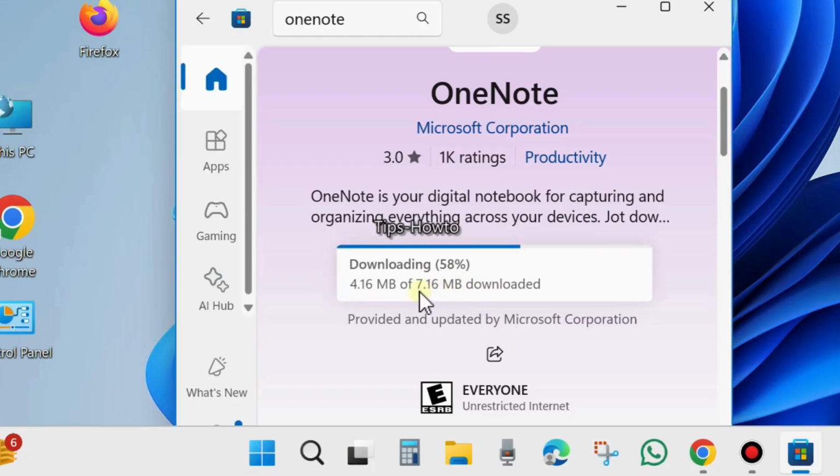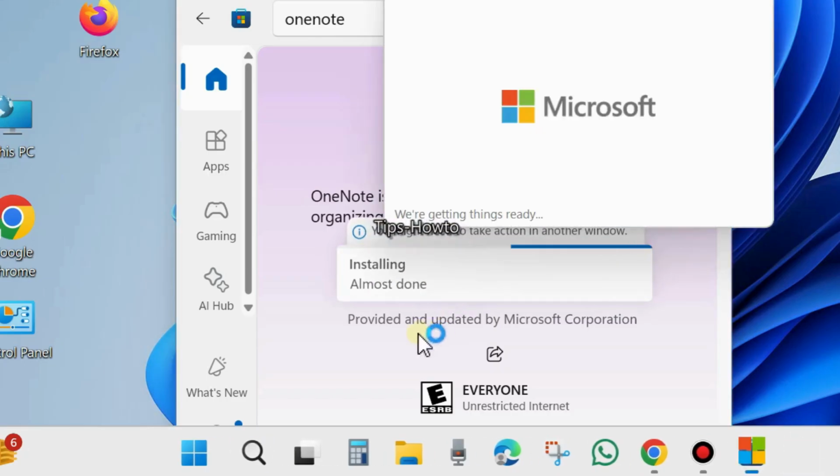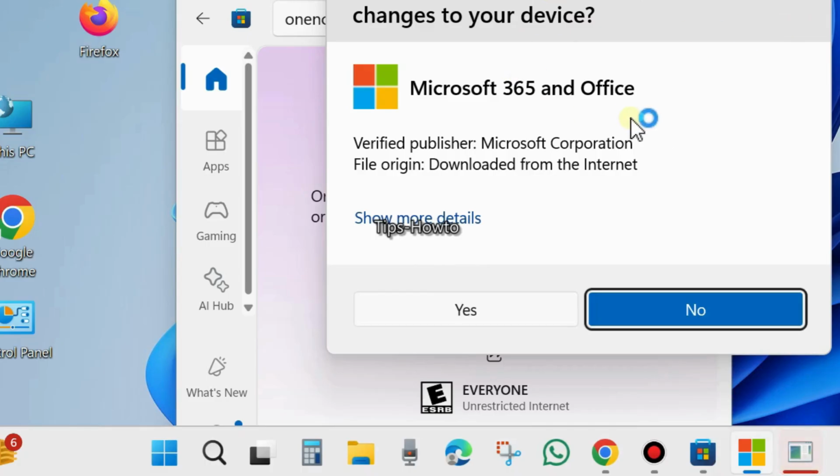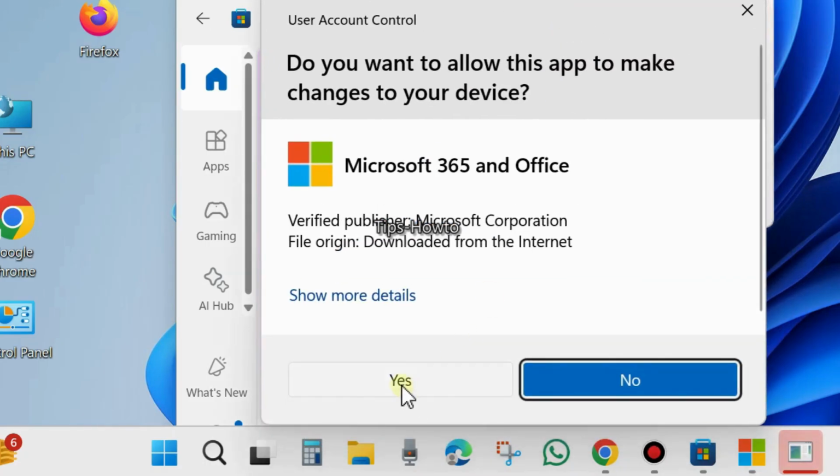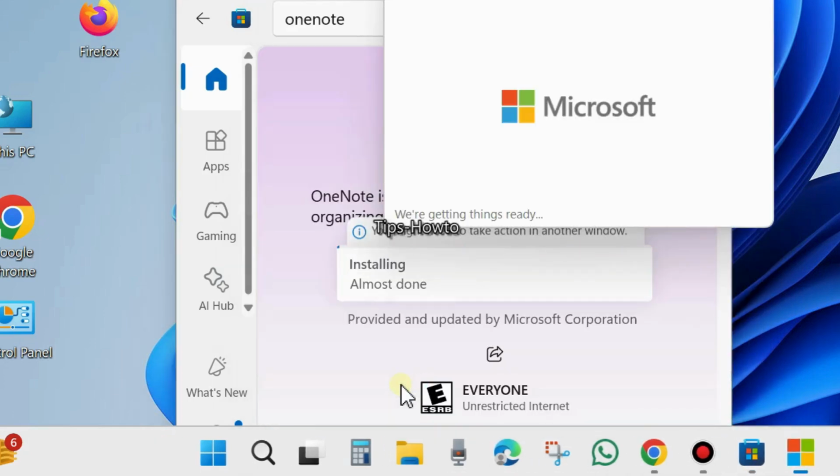After installing, a pop-up window will appear, choose yes. Do you want to allow this app to make changes to your system? Choose yes and let the window complete the downloading process of OneNote app in your Windows 11 system. It will take some time. Wait,